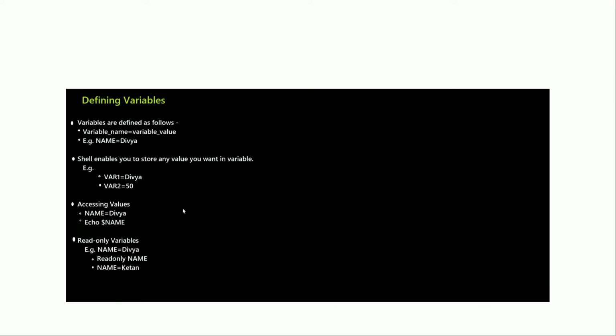Then the second slide is for defining variables. For example, in shell you can use any variable at any time without considering its data type, unlike in C, C++ or Java programming, where you have to specifically mention the data type for the variable that you are going to use. For example, integer A, B, C, D if you want to assign numbers, then character if you want to assign characters, then string in Java if you want to assign string data.